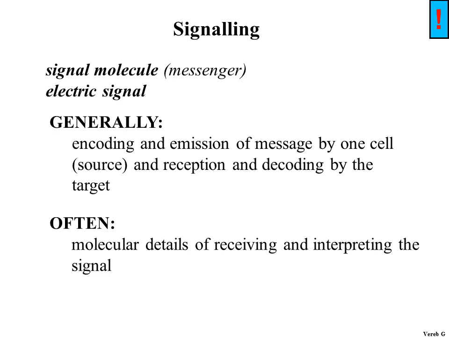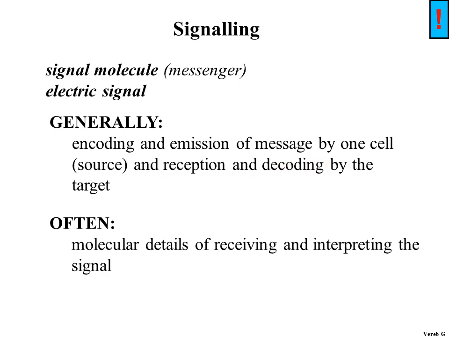As discussed in the previous figure, in general when we talk about signaling, it's a process which we can conceive as starting with encoding and emission of a message by one cell, like the cell that secretes the platelet-derived growth factor in the previous example, which is the source cell. And then this message reaches the target cell somehow, and this target cell receives it, interprets it, decodes it, and